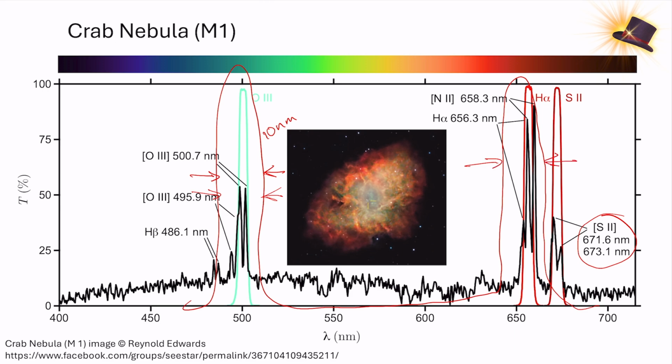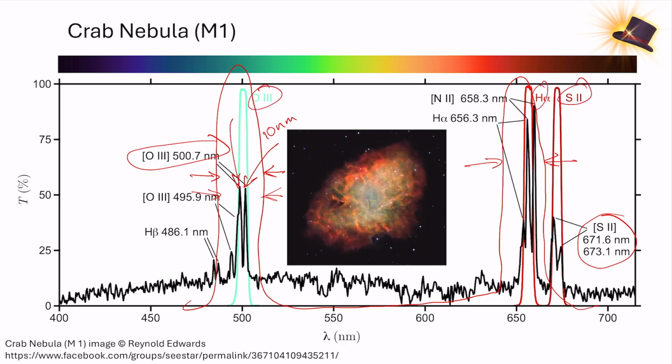The other thing, and we talked about this in a previous video, the Crab Nebula, these lines, the oxygen 2 lines, oxygen 3 lines here, sorry, are Doppler shifted. So the light that's coming from the front of the nebula, the part of the nebula that's closest to us, is coming toward us, and blue shifted. That's this line right here. And then on the back side of the nebula, it's moving away from us, and red shifted. That's this one right here. And the implication is that if you're using